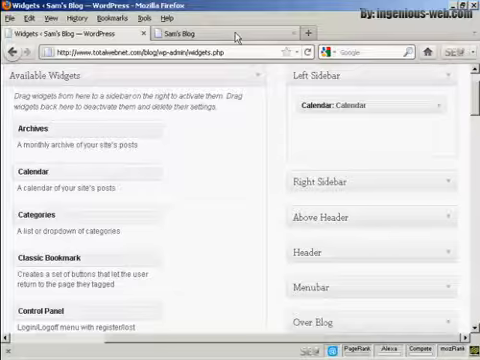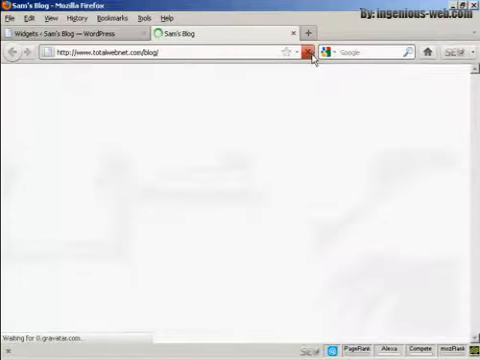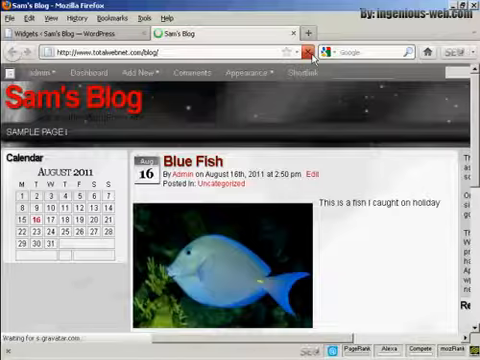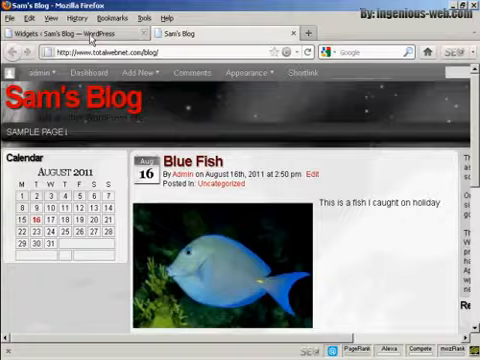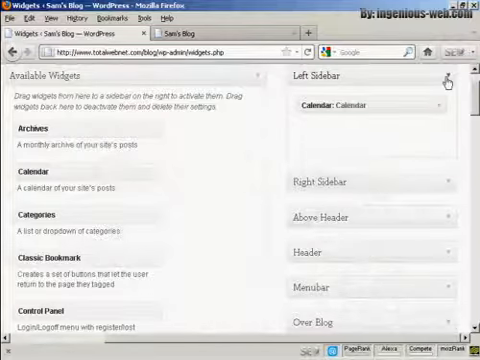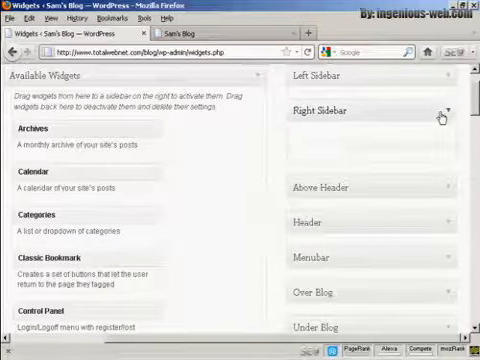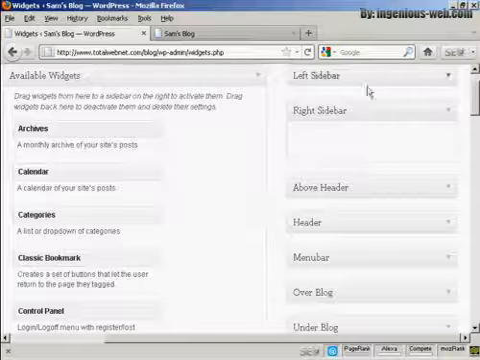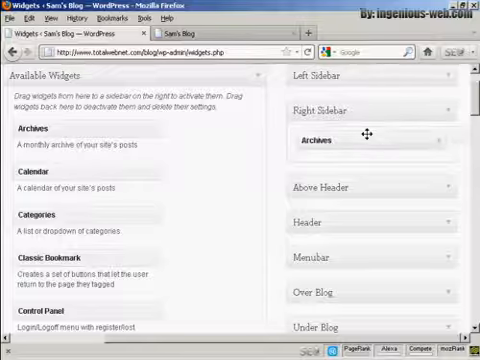And if I come back to the main page here and refresh it again, there we go, it's gone completely. And likewise, if you want to add it to another sidebar, let's say I want to put something on the right sidebar, let's say I want to have archives on the right sidebar, again drag it over,